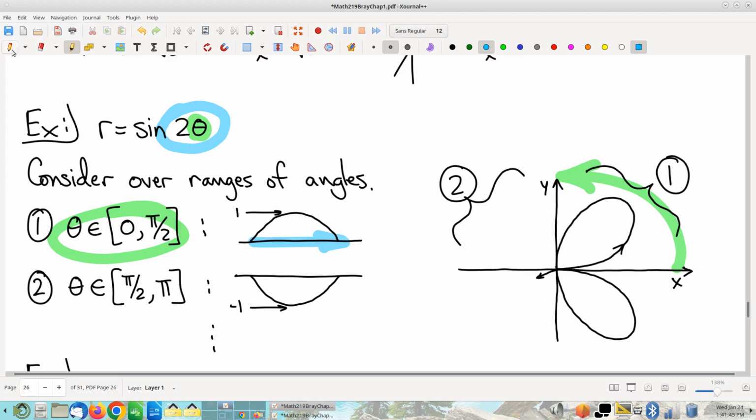which means that if you then look at the corresponding values of r, for these values of theta, and therefore for these values of the argument, r is going to start at 0 and then slowly increase up to 1 and then decrease back down to 0. So that's what we're going to draw on the picture. Now, do keep in mind these are values of r. R is represented as a, air quotes, distance from the origin, right? Of course, this is not necessarily a distance,